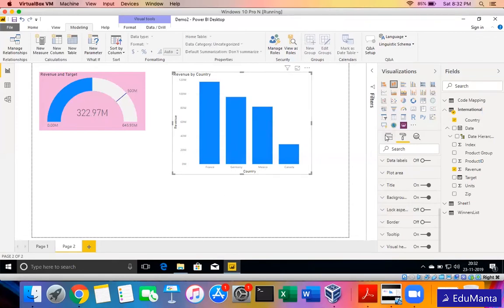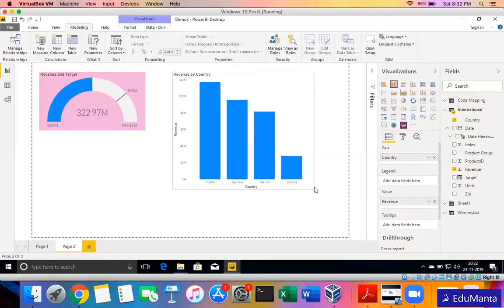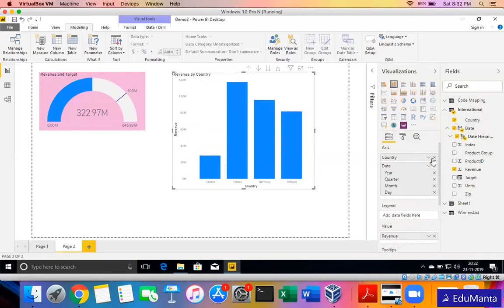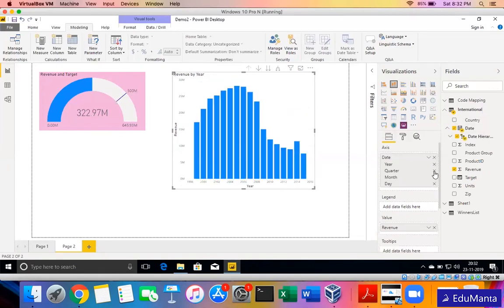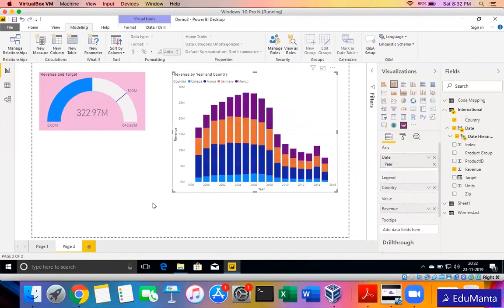And if I want to change the color by using another field, I can use that also. Now suppose this chart is this way, I don't want to see it by country but by year. Select, click, and just delete the country, bring the year data here. So now we have the chart by year, and inside year I wanted a distinction by countries. So I bring the country inside the legend section of the chart. So now you see how it looks.